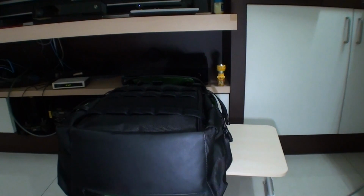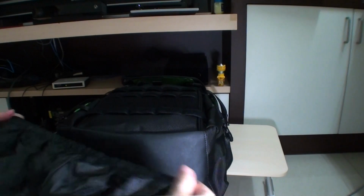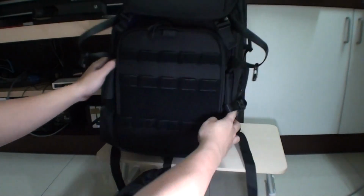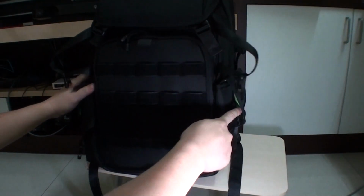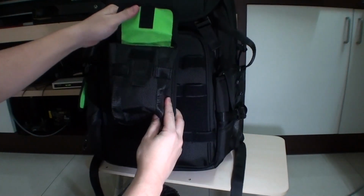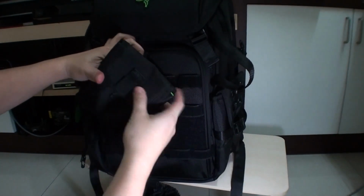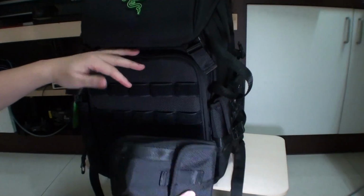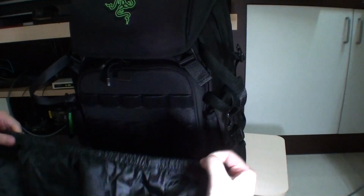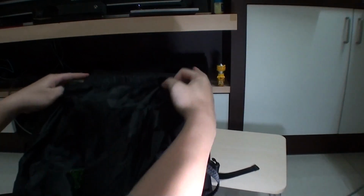It's a raincoat cover. So I'll just get it on. I wish this thing came with instructions. I don't know if I'm doing it properly. Remember that all these pouches, and especially these top pouches, are just simple Velcro pouches. So they are quite exposed if there's a storm, or you're running through water or something. So with this conveniently located cover, which Razer provided, you can just easily